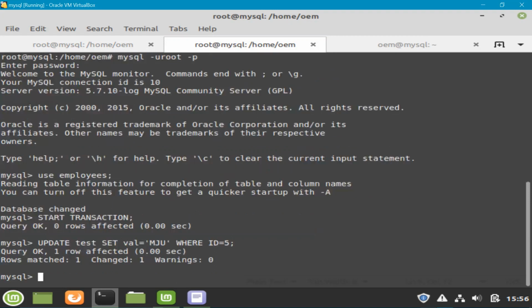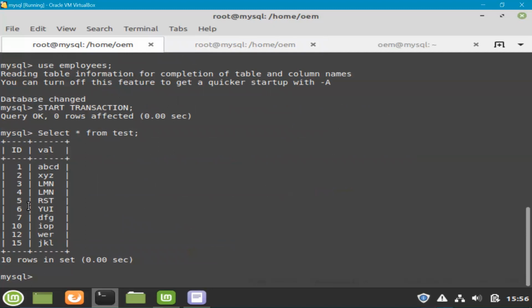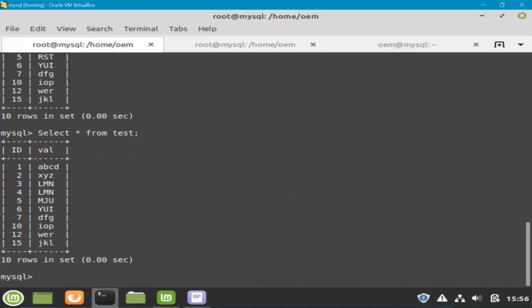I have updated this under a transaction and did not commit or roll back, so this data has been modified but not yet committed. If I go to the other transaction, you can see the value for ID 5 is RST right now. If you run the same select statement again, you can see the new value.